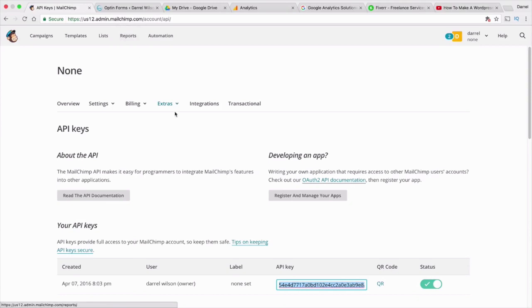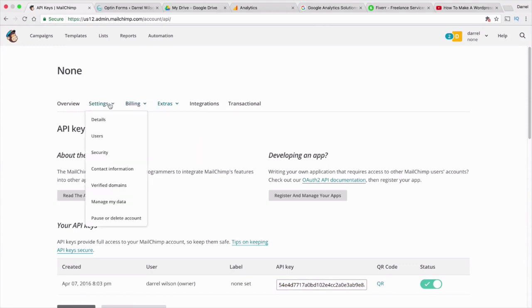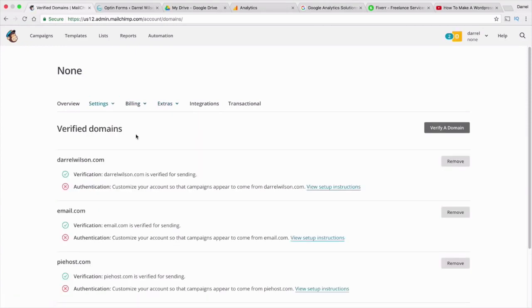Now there is also something else I want to talk about before we send the next campaign. I want to talk about verifying domains. So going over here to settings, we're going to go to verify domains. Now you'll need to verify your domain if you plan to send it from your website. So for example, if your website has John at